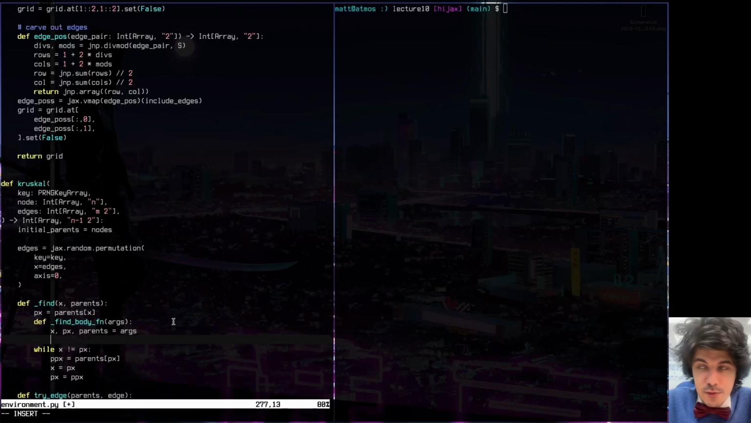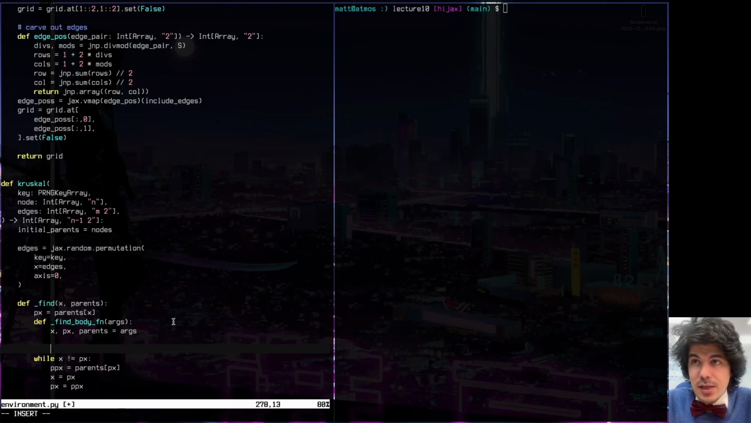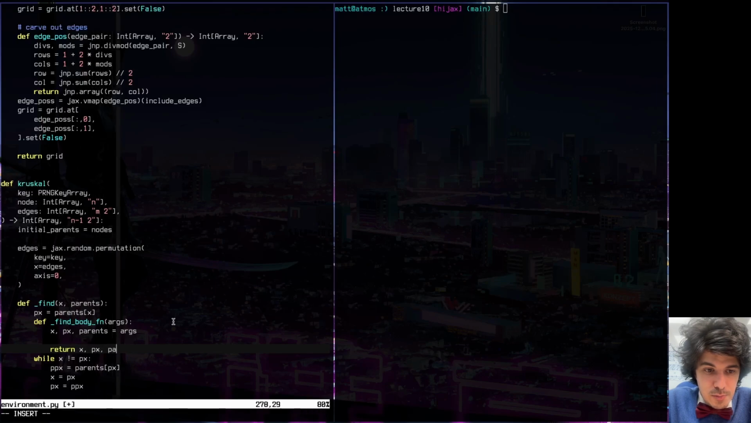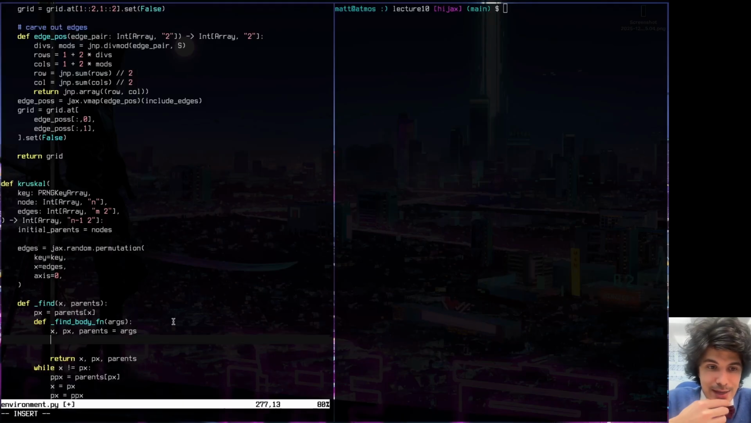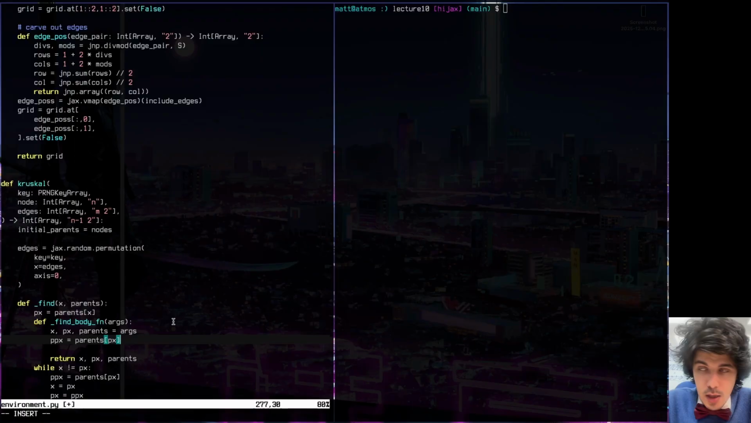And so the find body function is going to be sort of like a carry style function, so it's going to need to return an updated version of x, an updated version of px, and an updated version of parents, but we need to actually update those once we figure out what they should be. I guess we need to look up the parent of x, which is going to be from parents of px, and